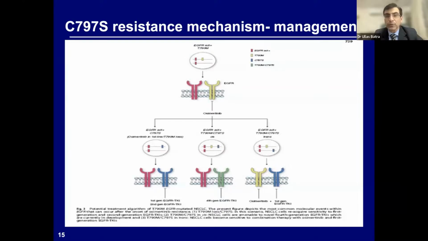So we had 2-3 cases of C797S. What's very important is, if you can read this paper, once you have C797S, look at the T790M. If you have T790M loss and you have a C797S, you can actually give them 1st and 2nd generation TKIs. If you have T790M present and you have the C797S in cis, you can give the 4th generation, which is not available. But if you have the T790M present and C797S in trans, you can actually give them a combination